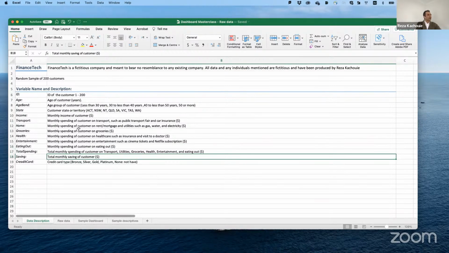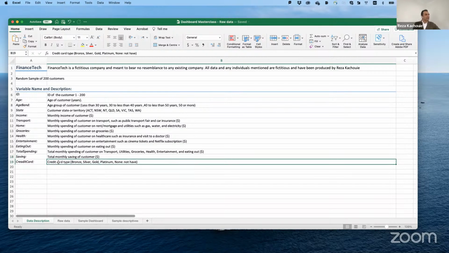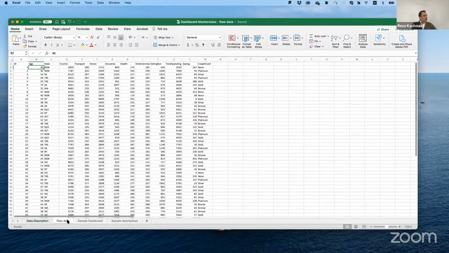So all of their costs came out of their income. So there is a surplus, we call it the saving. And we ask them about the type of credit cards that they have. Some of them have bronze, silver, gold, or platinum, and many of them don't have any credit card. So that's it. And this is the data set provided to you.